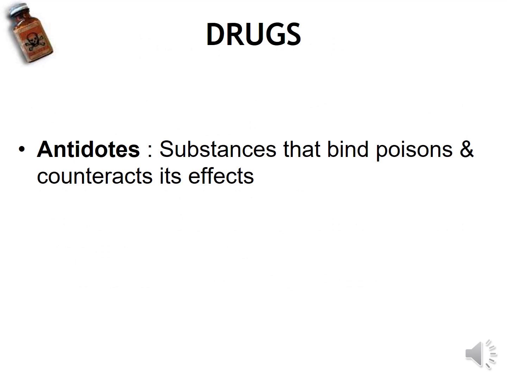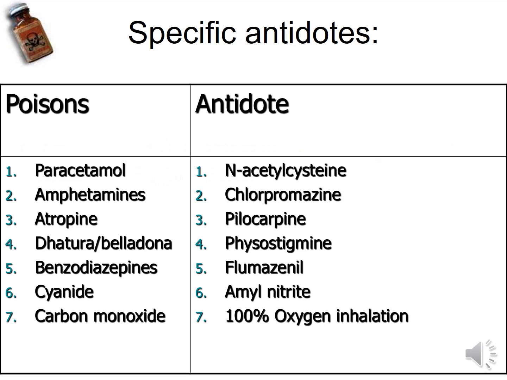Now, use of drugs, that is mainly use of antidotes. Antidote means substances which bind poisons and counteract the effect of the poison. Let me show the specific antidote for some common poisonings: paracetamol, N-acetylcysteine; amphetamine, chlorpromazine; atropine, pilocarpine; dhatura or belladonna, physostigmine; benzodiazepines, flumazenil; cyanide, amyl nitrite; carbon monoxide, 100% oxygen inhalation;